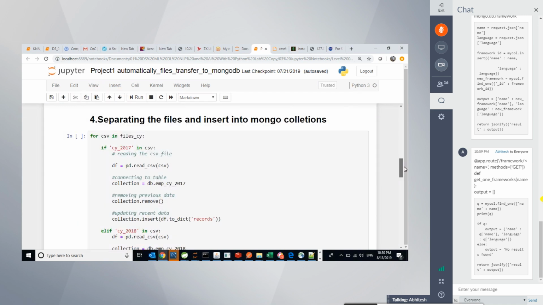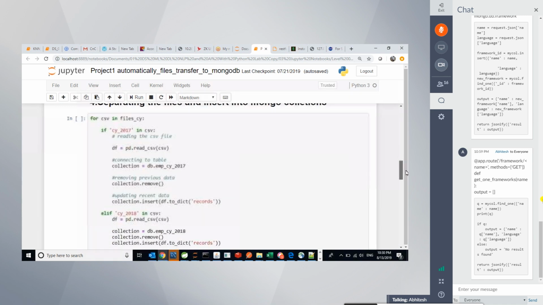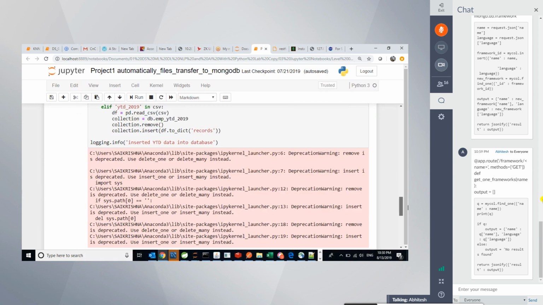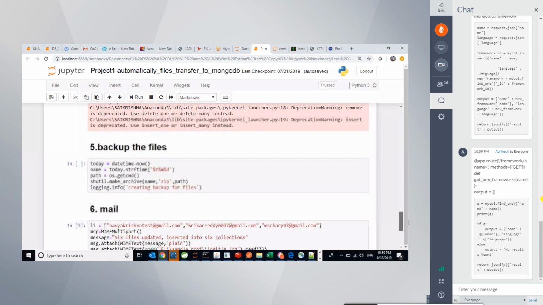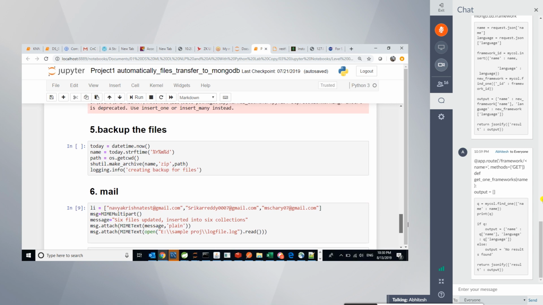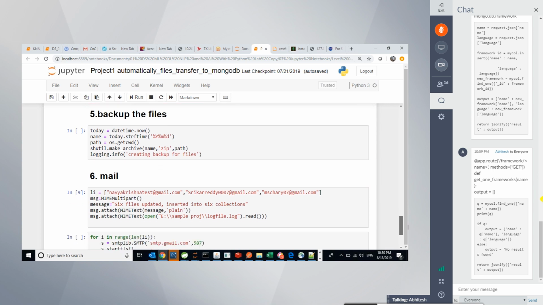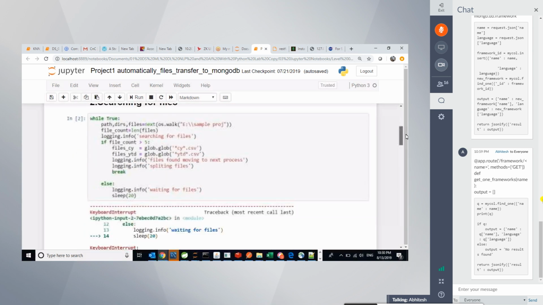I want to insert into the Mongo collection, then send data to MongoDB, and then create a backup and then mail. So we'll do that activity